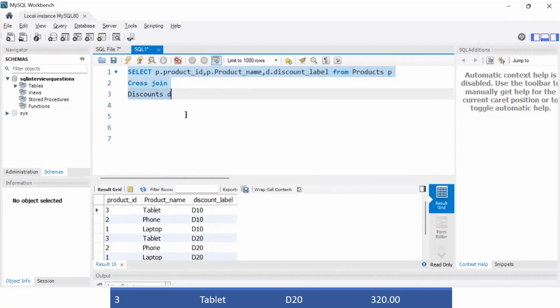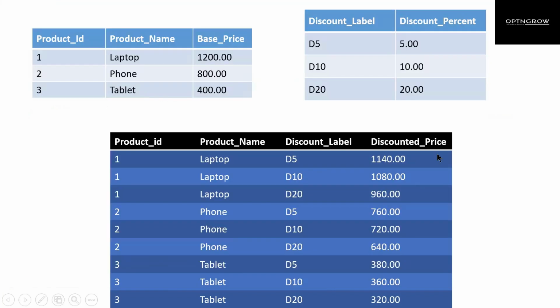Okay, perfect. We have got this, but there's one more column, if you see. This column is discounted price. So we have to calculate the price of the products after the discount. Very simple. So let's quickly do some maths.